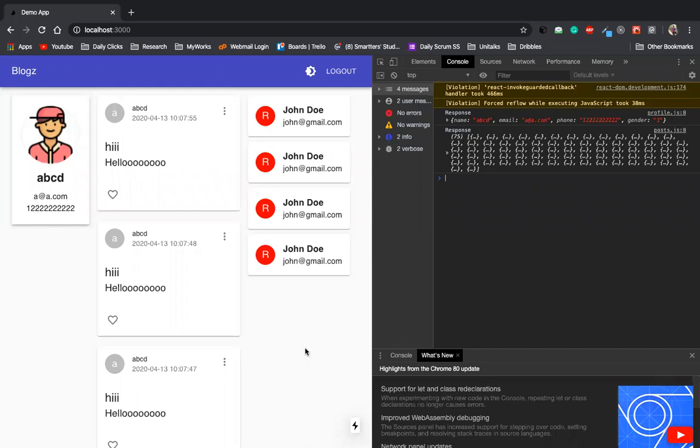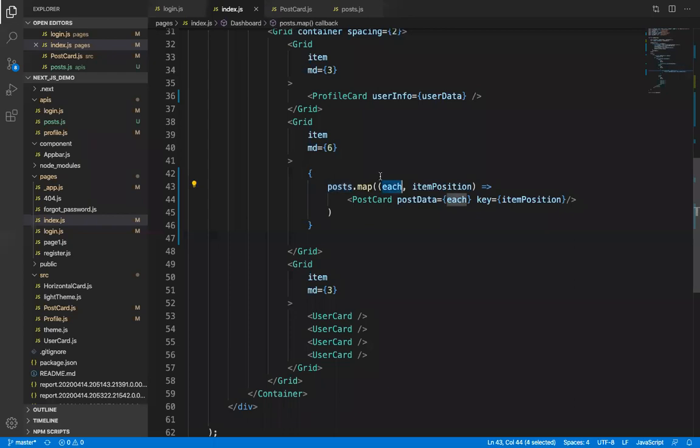Through this each object. Inside the each object, I will get every single element of the array. For the first time, I will get the first element inside each. For the second time, I will get the second element. As the loop runs, every time I will get the next element. So item position will be 0 for the first time.